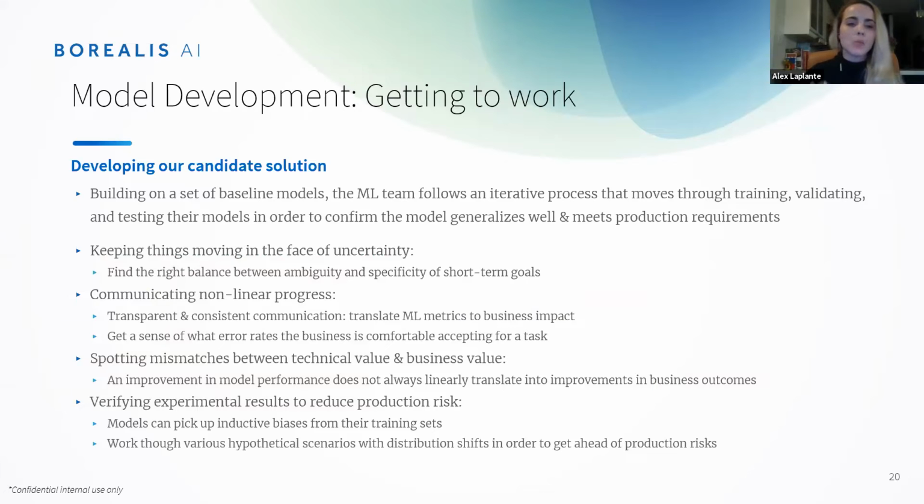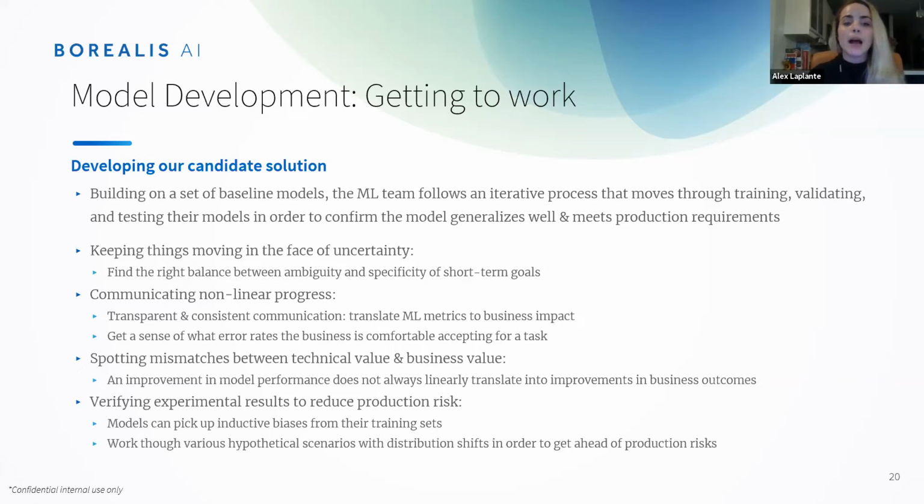And this somewhat relates to the next point about nonlinear progress. Oftentimes what we'll find with machine learning, and this is particularly true in the research context, which of course we work in at Borealis, is we may go a couple of weeks where we're running all the right experiments, we're doing all the right things, but as it pertains to the performance requirements we have, we're really not moving the needle at all. And then what we'll find is all of a sudden, we'll run something, we'll make a small tweak to the model, and then we far surpass the benchmarks. And so we have this really, really nonlinear progress. So it makes it really challenging to call the project, to say enough is enough, it might not make sense for us to pursue this, or to keep pushing just a little bit longer.